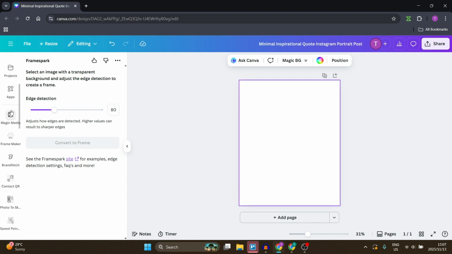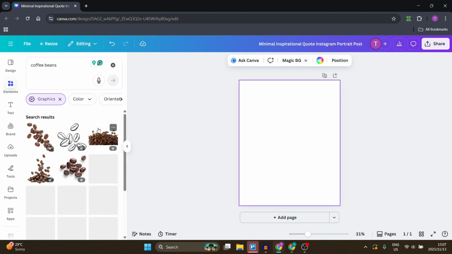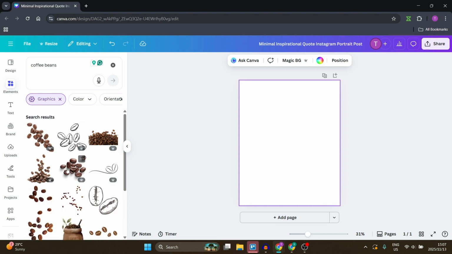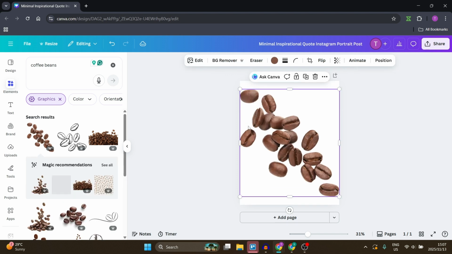So let's go back up to the top here. Let's dial in elements and look for an element. I've dialed in coffee beans and I'm going to just go ahead and say see all in graphics. And from here, I'm going to click on this one over here. Once it's in here, I can just resize it. And then we're going to use the background remover, which is a premium feature, but you'll see it'll start removing